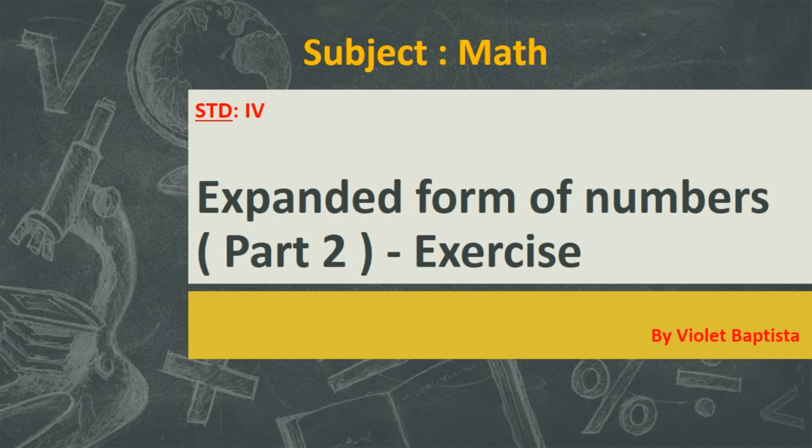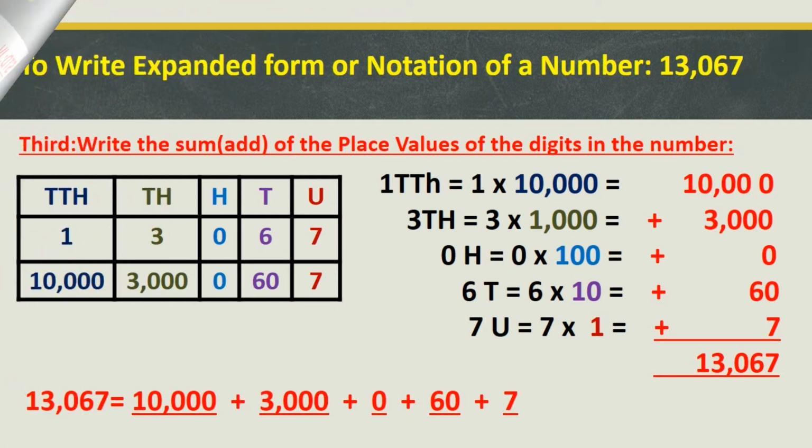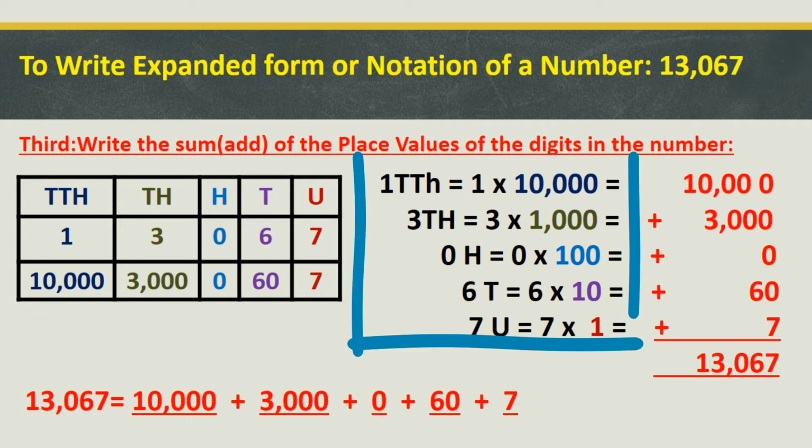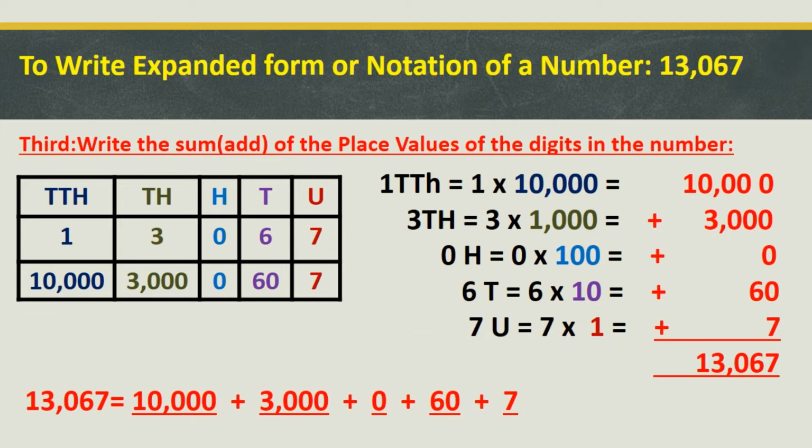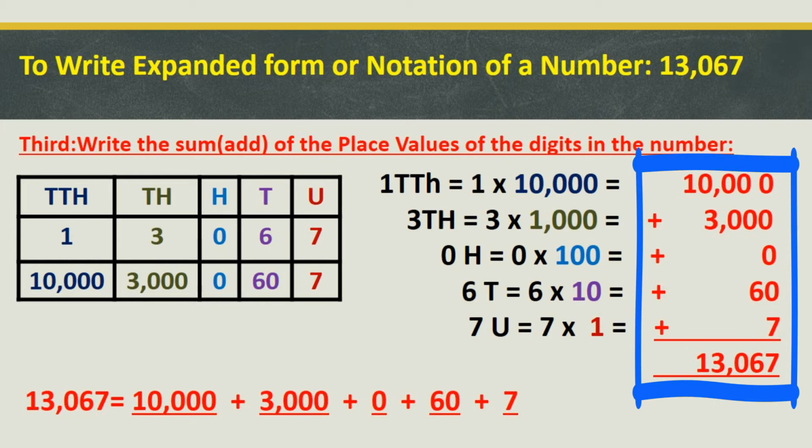Hello children, today you will learn the expanded form of numbers, that is 4-digit and 5-digit numbers exercises. Before we do that, we will first look at some of the examples which you have learned in the previous class. The first example is 13,067. Digits were taken to multiply it into the position that they took to give you the place value of the numbers. These place values were then added to give you the expanded notation of the number